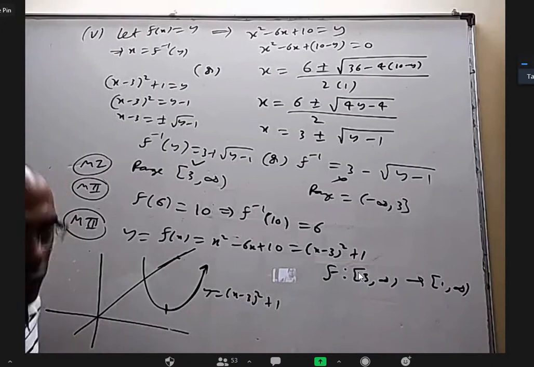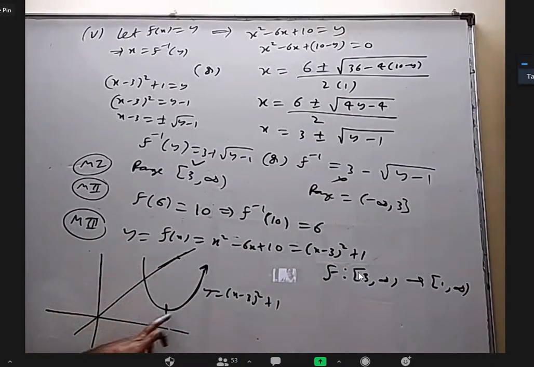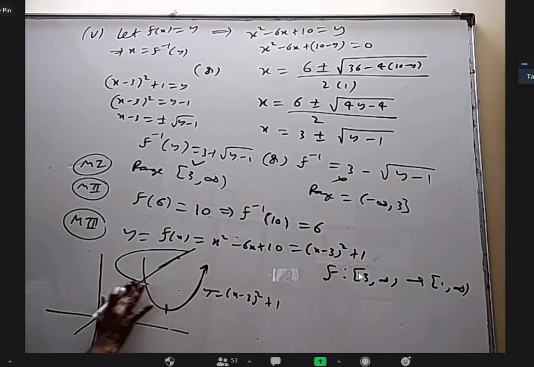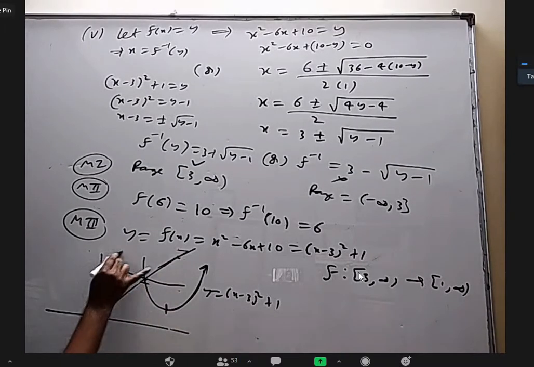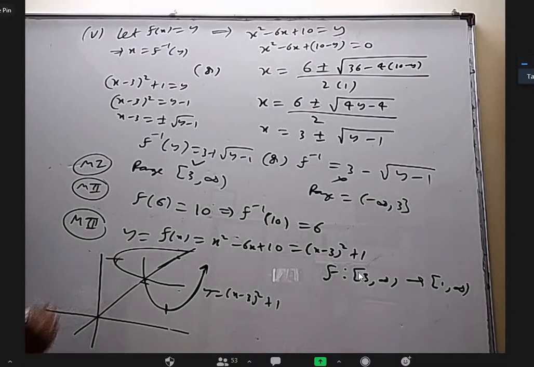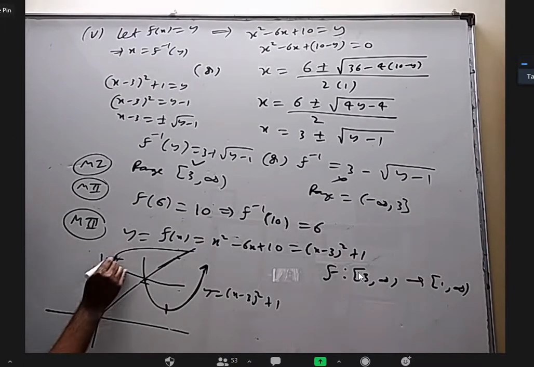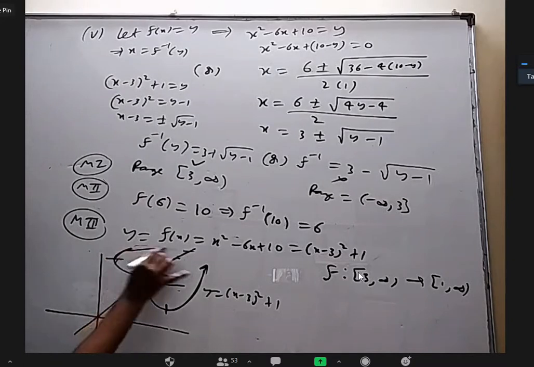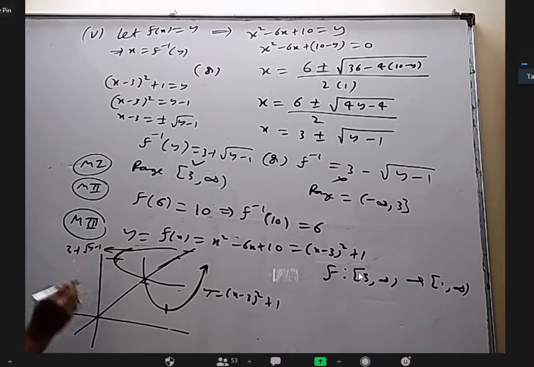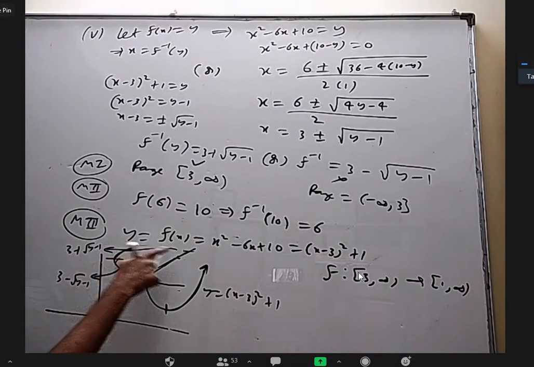Okay, so now one may ask why two answers are coming. If this is the graph of the original function, what is the graph of the inverse function? How to get it? Reflection with respect to y equal to x, you find the mirror image. It will come somewhat like this. These two are mirror images. In that, please see this part carefully. This equation is 3 plus root y minus 1, and the equation of the down part is 3 minus root y minus 1. This has one equation, this has another equation.